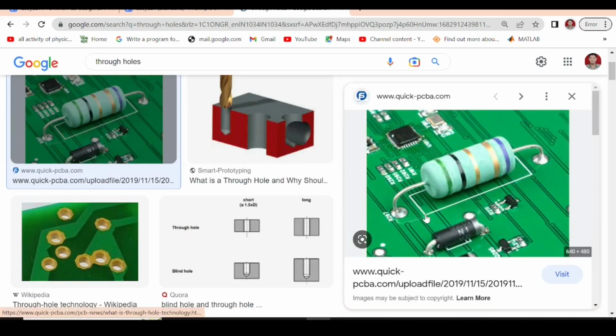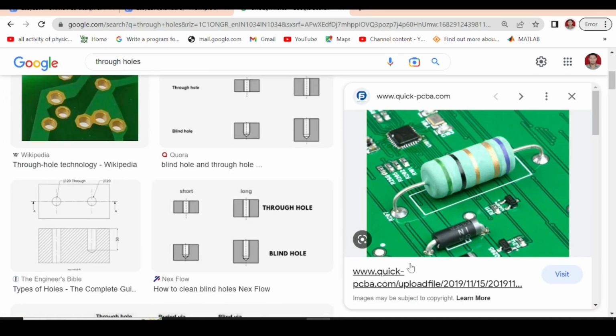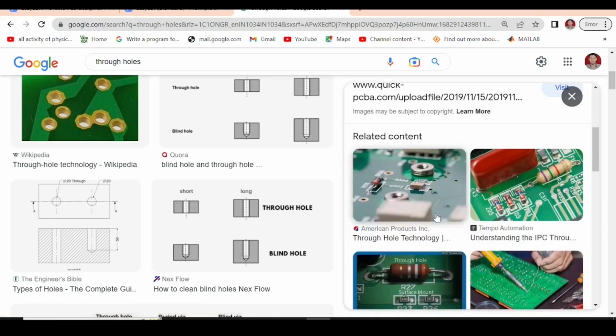So a through hole component is where the leads. So this is a resistor and it has two leads. One is coming out and going into this PCB board, and the other end is coming out and it is soldered here. So it is through to the board, as you can see this through hole. So the component lead will be passed from one layer or the top layer to the bottom layer. So this is an example of a through hole component, but